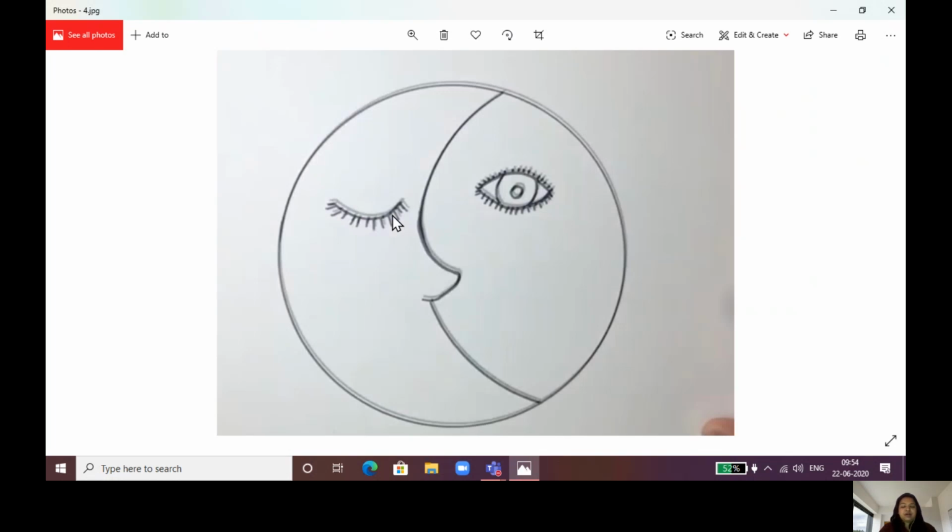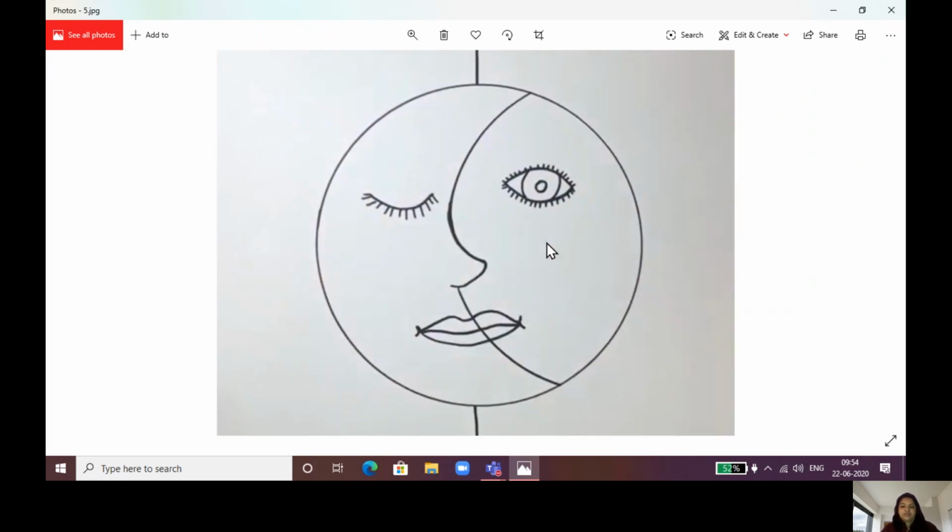So purposely to show some twist in the artwork. One eye is a sleepy eye over here, on the left hand side for the moon. And on the right hand side, the other eye is the open one, because it's daytime and we can see the sun in the daytime. So it's an open eye. You can make a normal drop shape and add some circles inside to show the proper eye structure and some eyelashes. Here you can add eyebrows also, it's completely your choice. I'm just keeping it simple with two different types of eyes over here.